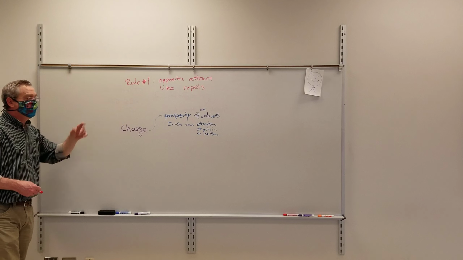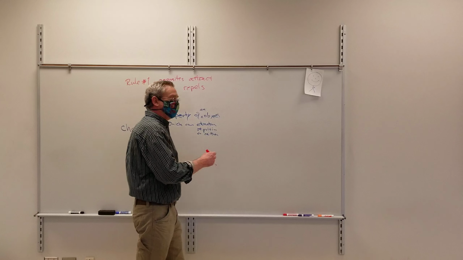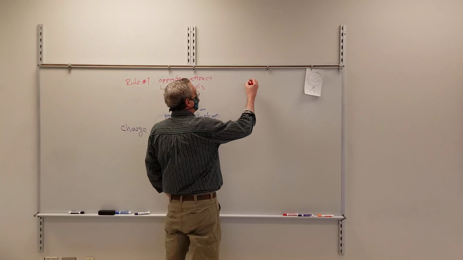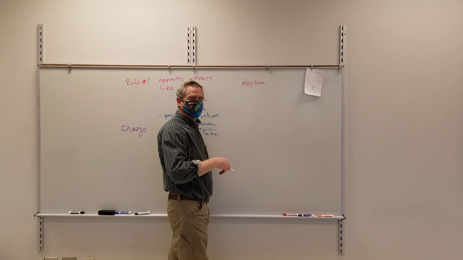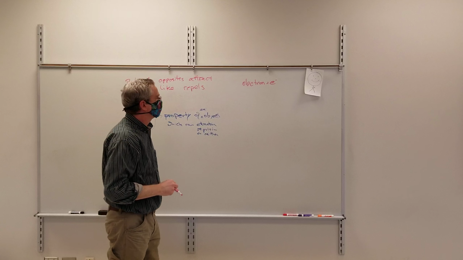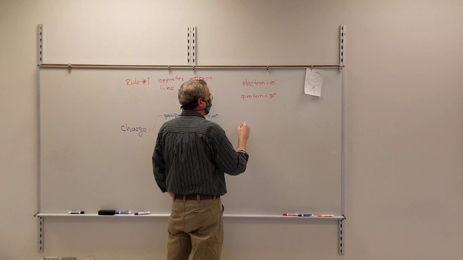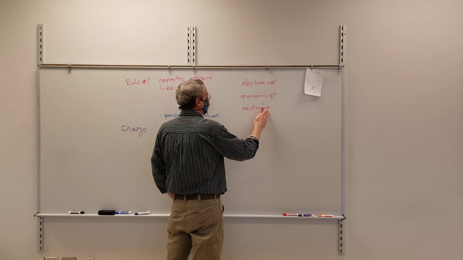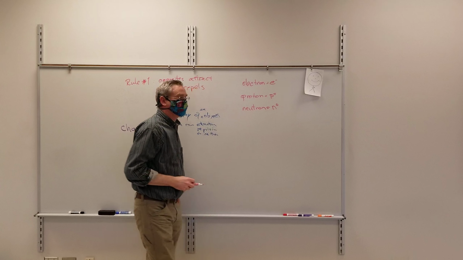All right. So rule number one, opposites attract, like repels. And with electrons and protons, which one is negative, which one is positive? Electrons are negative, protons are positive, and then you have neutrons, which are neutral. An electron, because that's just too much to write, we have an abbreviation for it: e with a little negative sign. Proton, equally clever, p with a plus sign. And then neutron, which we're not going to do a whole lot with, but just for atomic completeness, n with a 0.